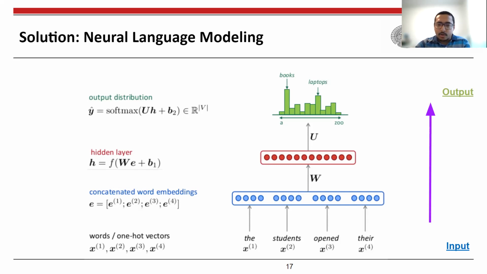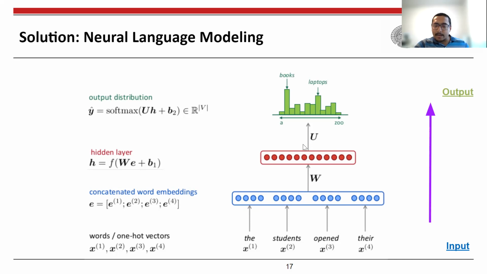So if you want to use a neural network to solve this problem, what you will basically do is that you have your words, let's say "the students opened their", and you use your neural network to obtain embeddings or representations for these words, right? This can be previously computed using techniques like word2vec. So word2vec can give you the representations for the words, right? And then you can feed the words through another neural network, which will combine these particular representations for the individual words.